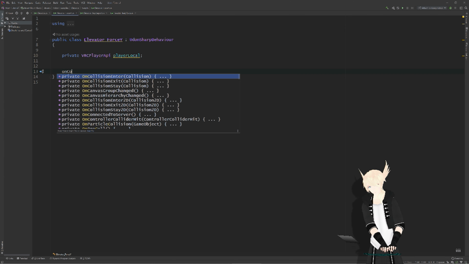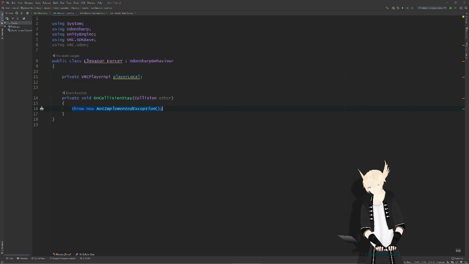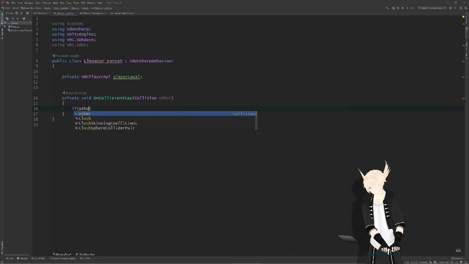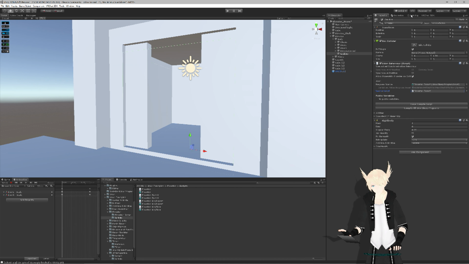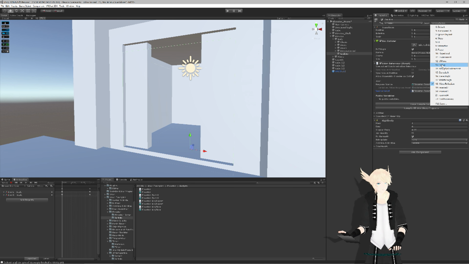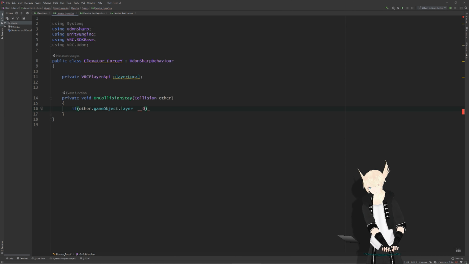On collision stay, if other dot layer equals, what's the player layer, 9. This is a bad way to do this. Player local dot set velocity